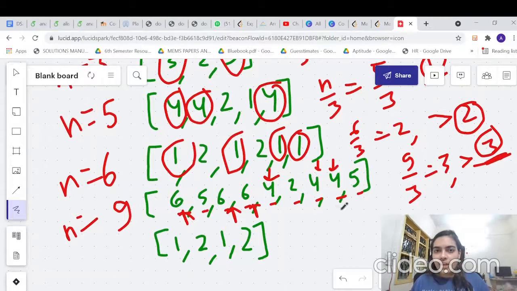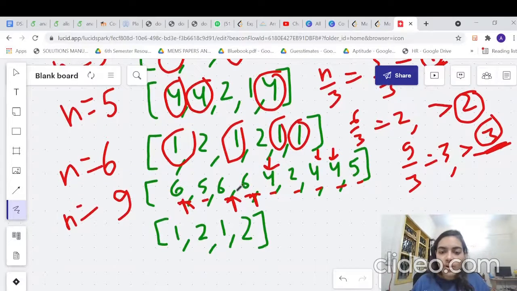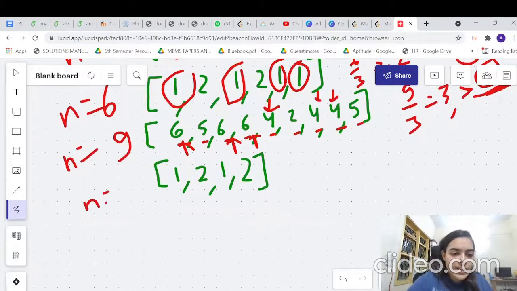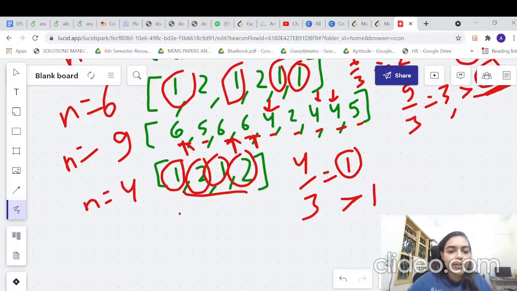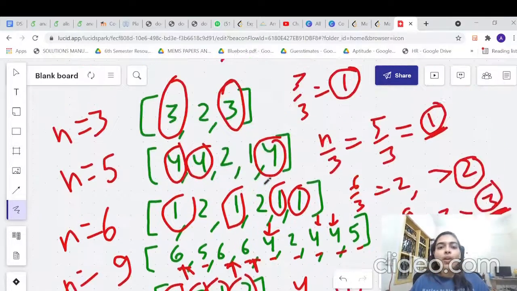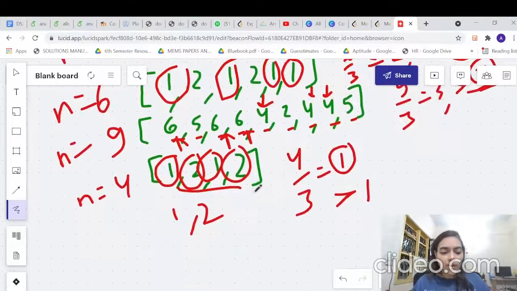So that is the difference from the previous question. In the previous question we always had an answer. In this case we will not always have an answer. What about the last example? In this case n is equal to 4, and 4 by 3 is equal to 1 if you round it off. So it should appear more than one time. In this case you have two answers, 1 and 2. So we saw a lot of examples. Why did we see a lot of examples? So that we could try to cover all the cases.